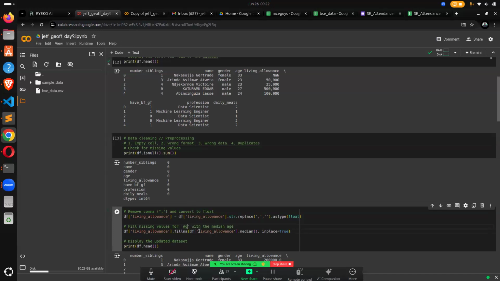Actually, I think this was living allowance, with median of living allowance. Now, this is where you need to understand how does one load the data set if it's not necessarily